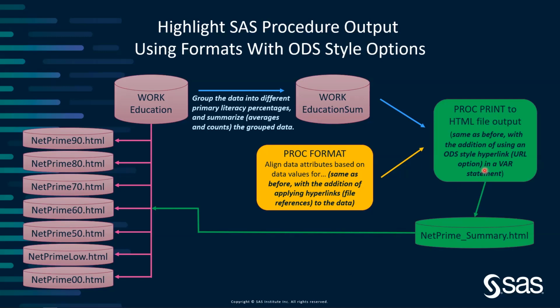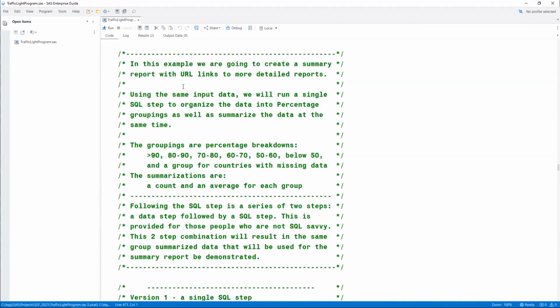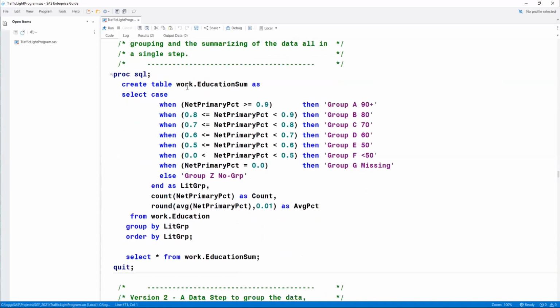Now, to align the hyperlinks properly, I'm going to use our good friend proc format to align, based on the grouped values we created, to the right files for the detail that will represent that data. So let's go see this again. So I'm going further down in my same program. This is the same program file that you'll have for reference.